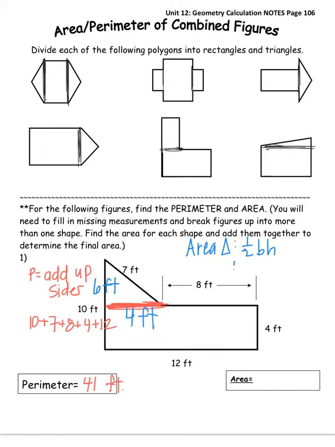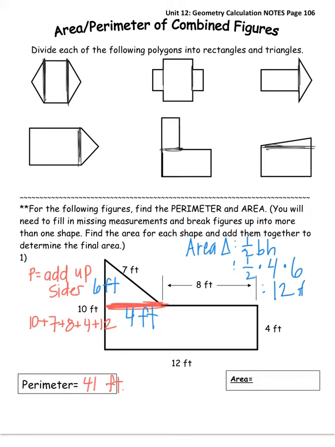Alright, so we have 1/2. The base would be 4, and the height is 6. So all we do is plug that in. So 1/2 times 4 times 6. Alright, so half of 4 would be 2. 2 times 6 is 12 feet